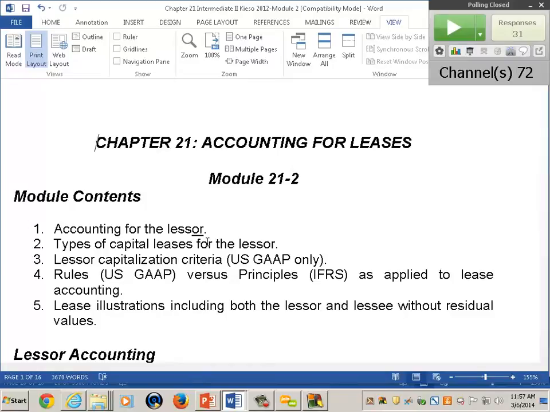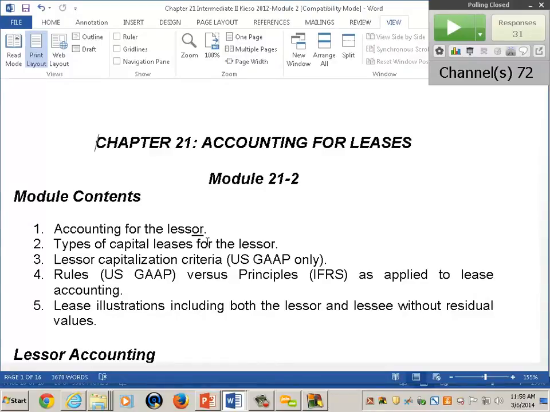criteria. Now, they're not that divergent. I mean, even before I started studying accounting, we had divergent rules. They were totally different accounting. So the lessor and the lessee were subject to rules that were completely different. Here, there's some similarity. Then I'm going to show you the US GAAP rules-based standards against the IFRS principles as applied to lease accounting, to show you that under US GAAP, it's easier to manipulate the rules and get what each party to the lease contract wants.